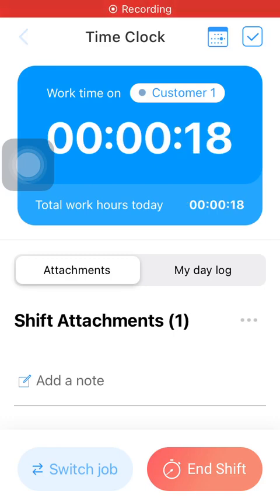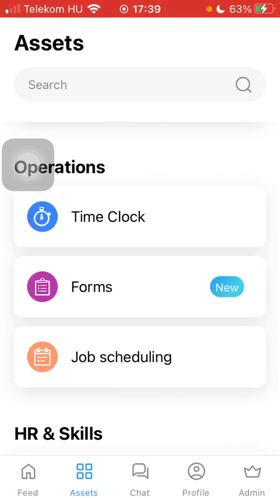Hello guys, in this video I am going to show you how to check out the timesheet on the Connecteam